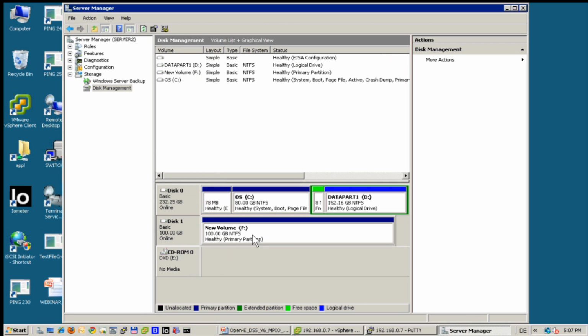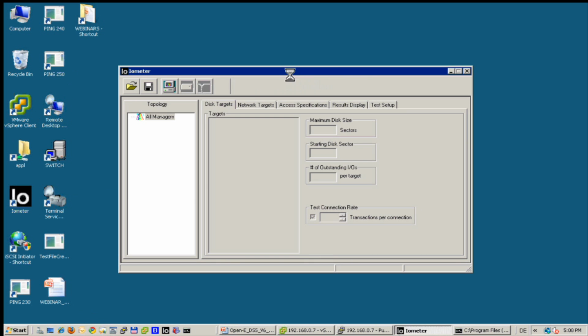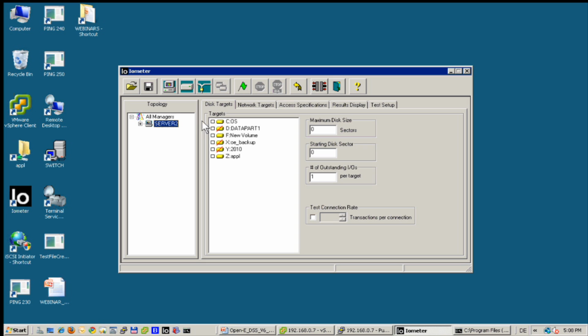Then we need to make sure that the round robin is selected. So we go to devices, advanced button, and MPIO, and then we have already a round robin because it was selected last time. But when you configure this the very first time, you will see that it is failover only. And in such case, of course, you will not see performance scale to 200 megabytes per second. Good. That's logging into the